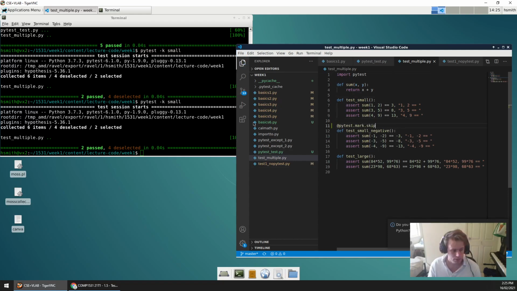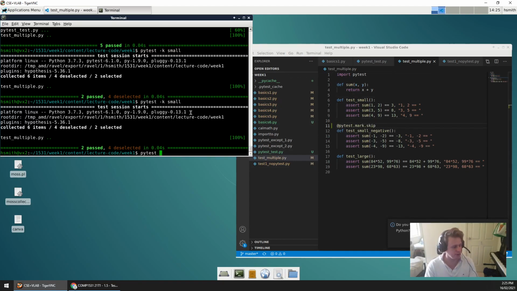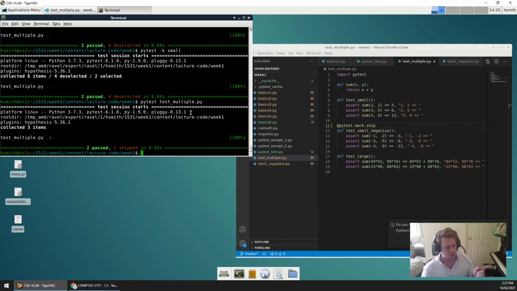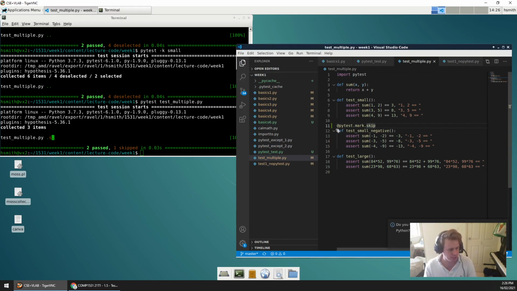Like that. Now let's run it. Now let's see what happens. I'm going to run test multiple, specifically this file, and you see the output, it did .s. And that's because it's saying that one of them passed, one of them was skipped, and then one of them passed, and that's because this one was skipped. I haven't found a strong use for this myself much, but generally this is handy if you kind of want to temporarily disable a test,